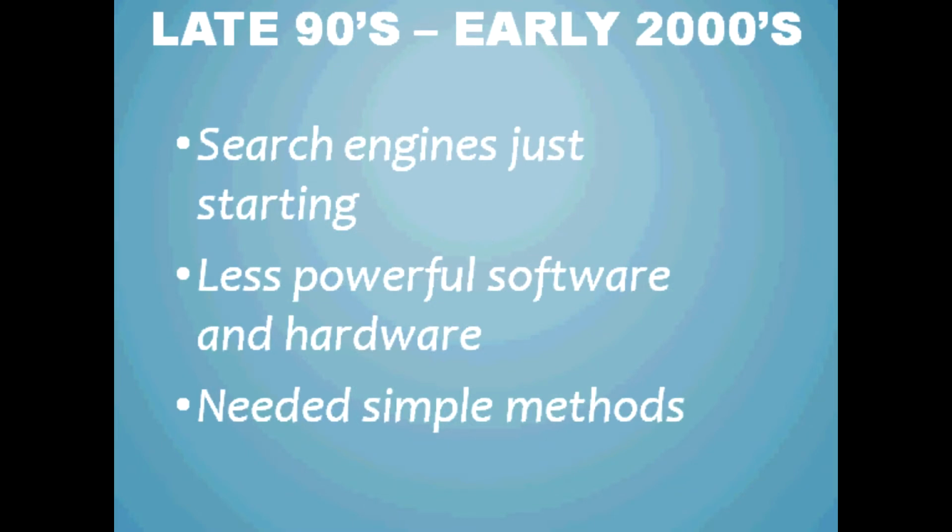There was a time when keyword density was important, and it was in the late 90s and early 2000s. That was when search engines were just getting started. Google didn't really get going until about 1998, and Yahoo was behind the times, and there was Alta Vista, but it wasn't as good. It did take a long time for Google to ramp up. There was a number of years when it was not the super sophisticated, world-dominating force that it is today. So as these search engines were just really getting off the ground, they were less sophisticated, and they had less powerful software and hardware to use.